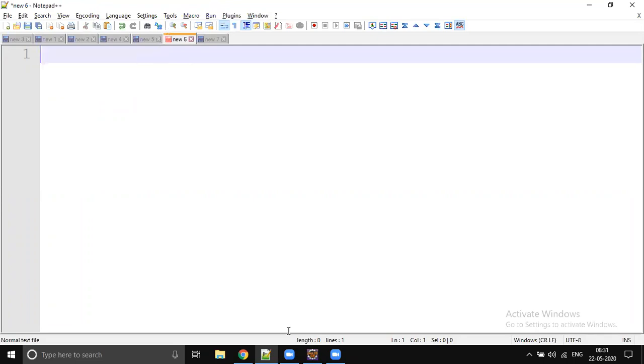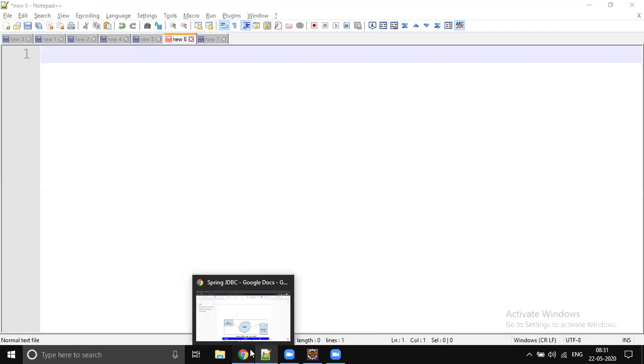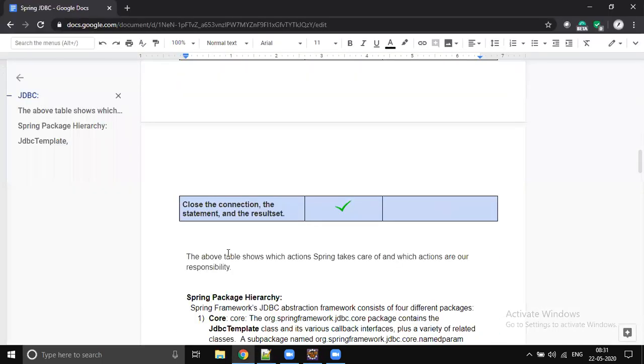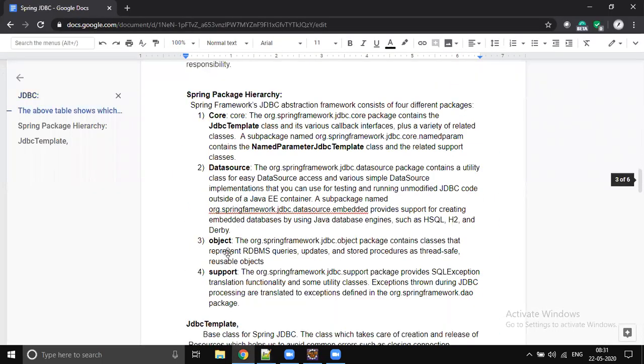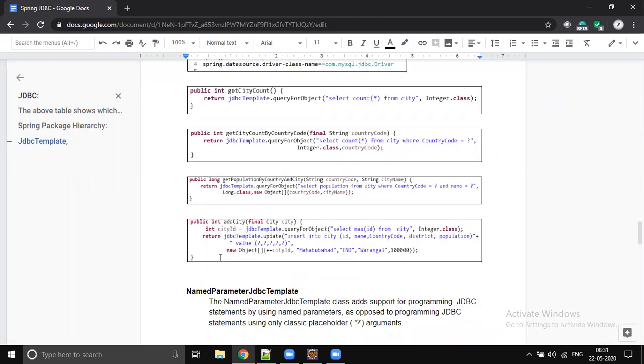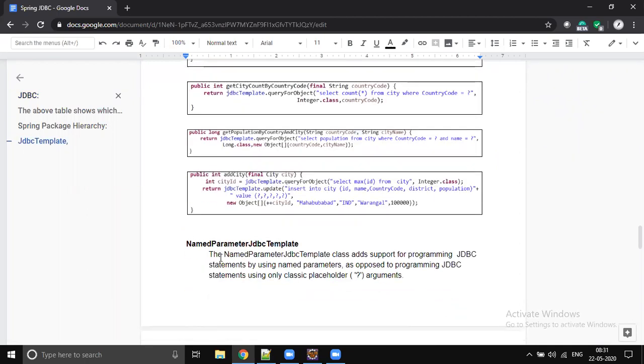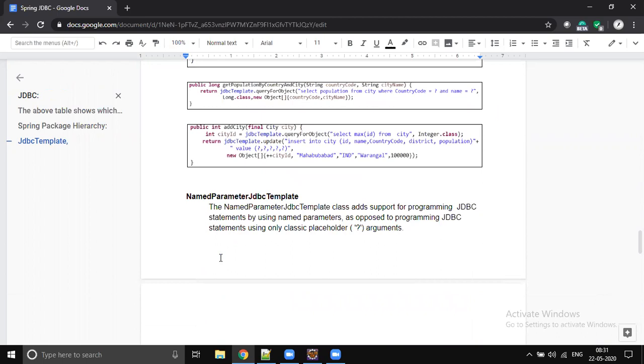Okay. So yesterday we were learning about these methods, right? To fetch the data, we will use query or queryForObject. To update the data, we use the update method. To delete also, it's going to be the update method, whether insert, update, or delete. And if you would like to execute any DDL queries, then we will use the execute method. So that is what we saw yesterday.